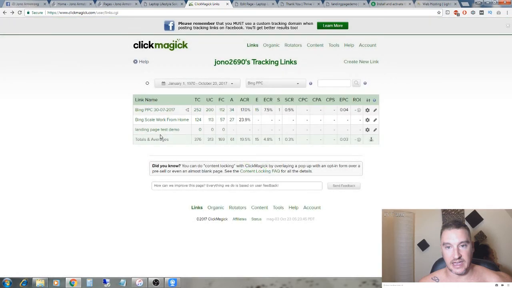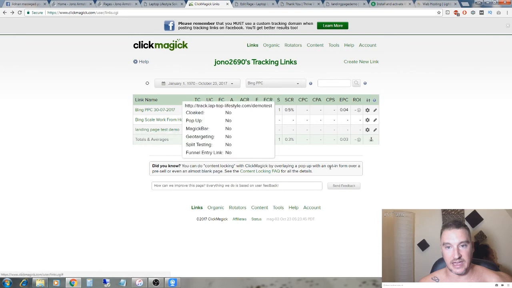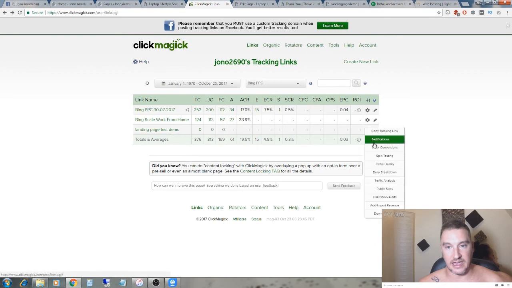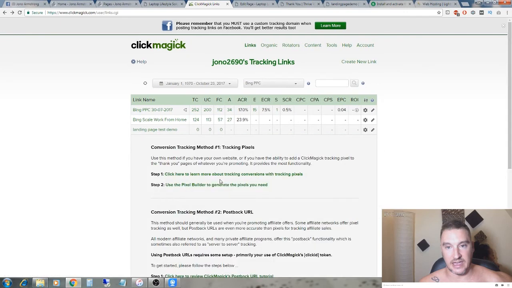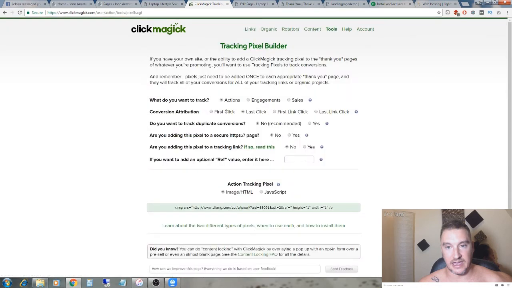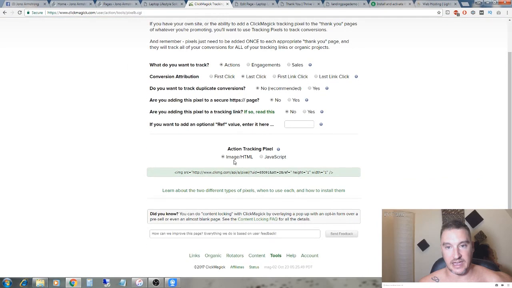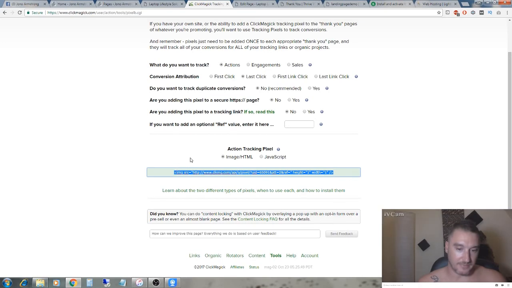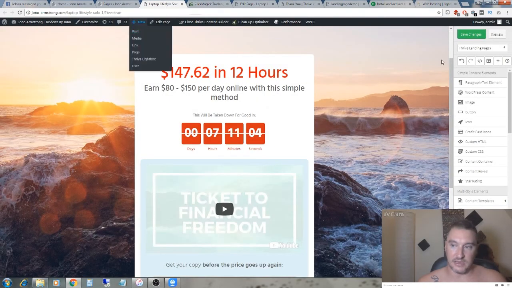Now to do this, you go to the link that you just made. So in this case it's landing page test demo. You go to this little cog on the right, the settings, click on there. You go to track conversions. Okay, you go to step 2, use pixel builder to generate the pixels you need. And then you go to actions, make sure it's on actions, last click, and then you're gonna use this bit down here, action tracking pixel, make sure it's image HTML, copy that, go to your thank you page, over here